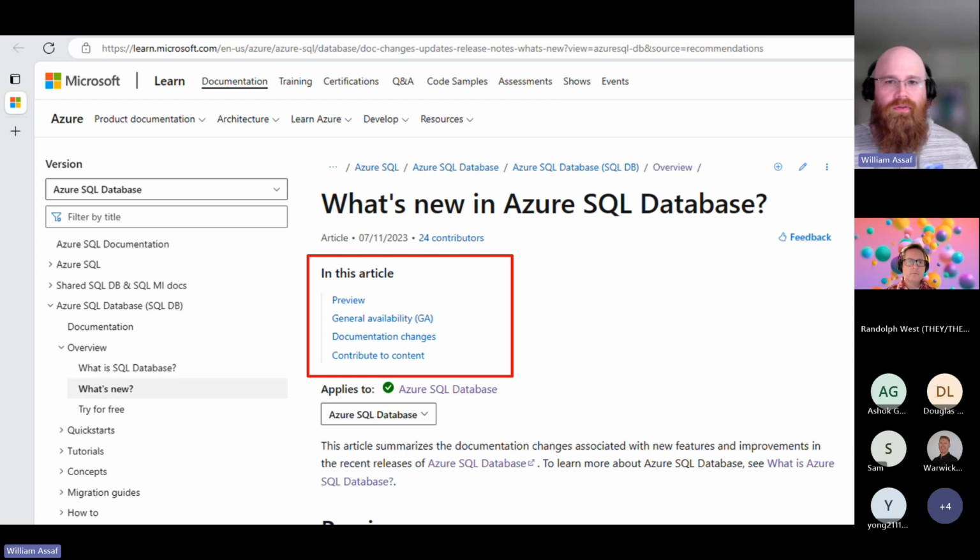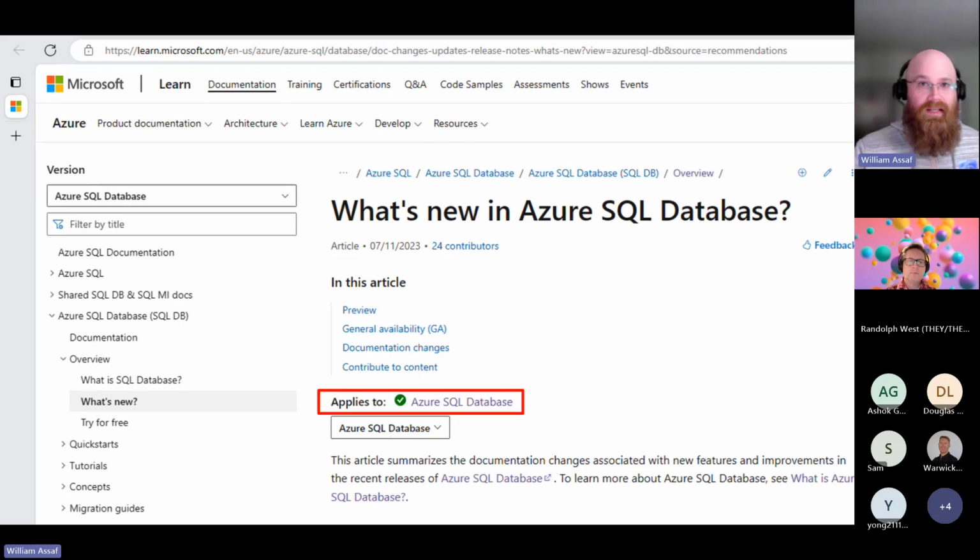Keeping it going, in the center of the article, you see a mini table of contents and navigation links to immediately jump to an article's major headings from the top. And this applies to line, Randolph has actually worked a lot on this, and their work here has been very beneficial. On most articles, you'll find the applies to line here with a hyperlink in the product title. This hyperlink brings you to the navigation guide page, which is a helpful breakdown of which